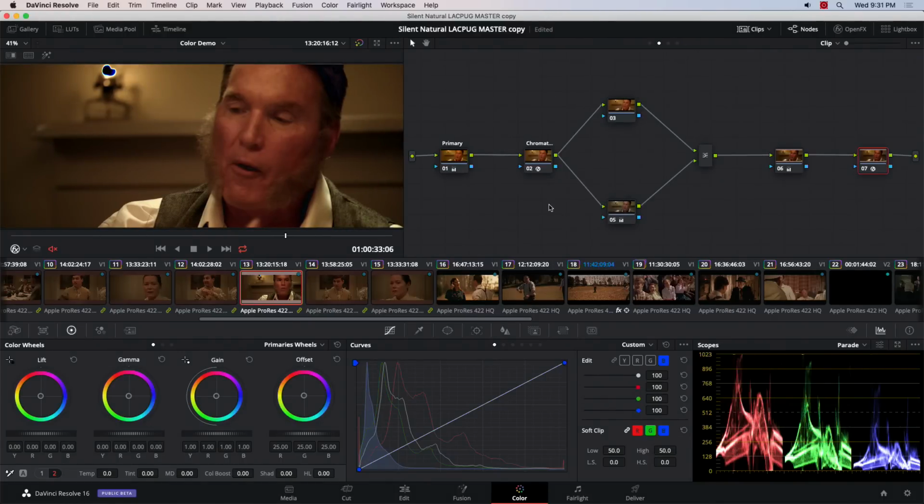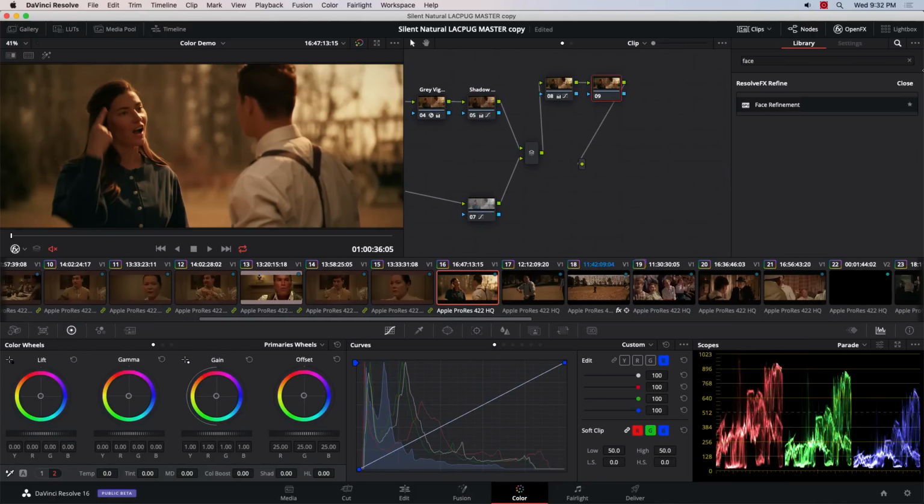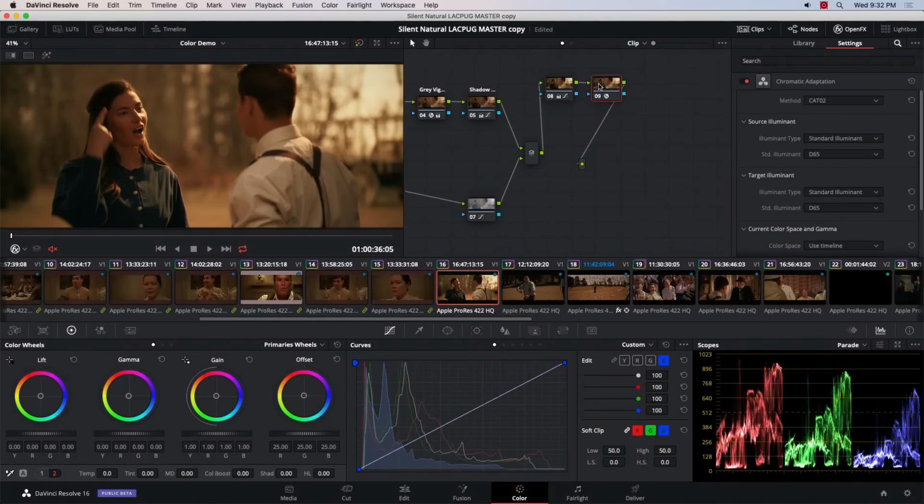So let's talk about another new tool that we have in the software. Let's talk about chromatic adaptation. So let's make a new node and open up the OFX tab. And chromatic adaptation is essentially one of the most advanced color temperature tools that you've ever seen to get a shot from one color temperature to the other. Now, this will work in multiple formats. You can actually use standard illuminance to get from D60 to D65 with one click, or you can also use color temperatures, and I can very easily adjust the input